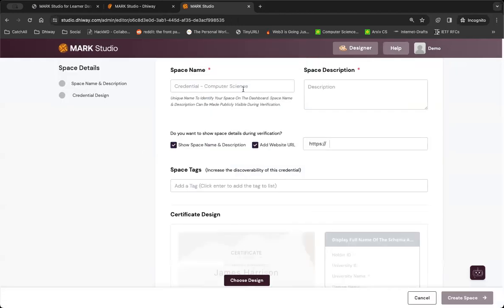I'll create a space, which is a directory or a folder or a location where certificates and records of a single type are stored. So let's say I create a space for a teacher training certificate. I'll remove this. These are all additional information that sometimes organizations add, for instance, if this teacher training course or